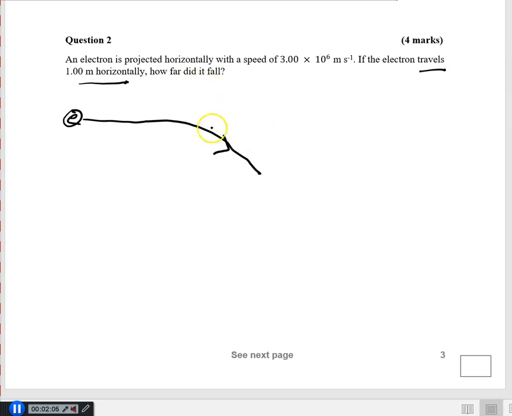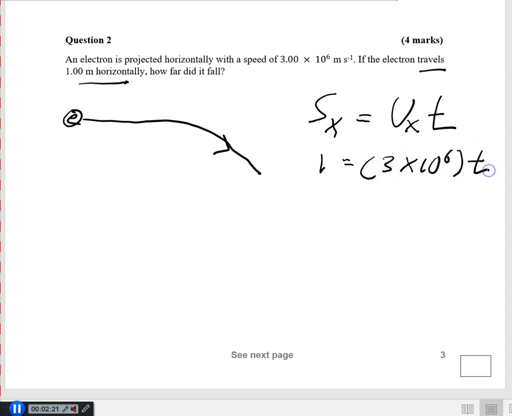In order to do this question, first of all, find the time required to travel 1 meter horizontally. In order to do that, this is the formula. Horizontally is 1 meter, and the speed is 3 times 10 to the power 6. To find the time here, the time is equal to about 3.33 times 10 to the minus 7